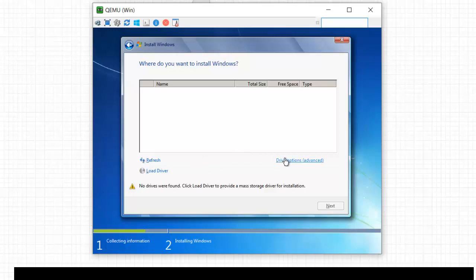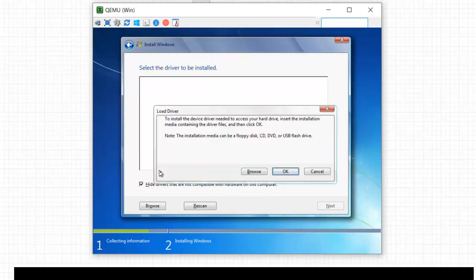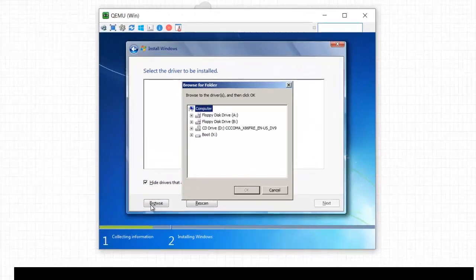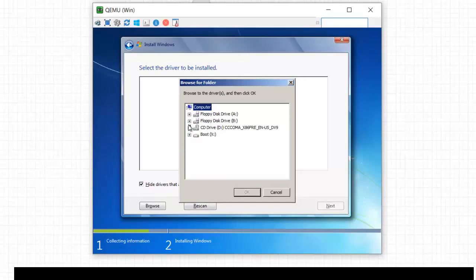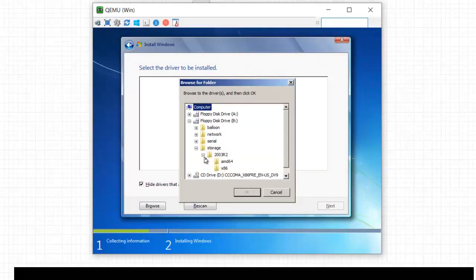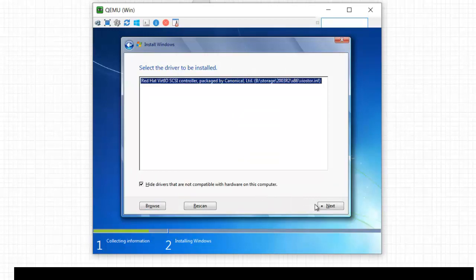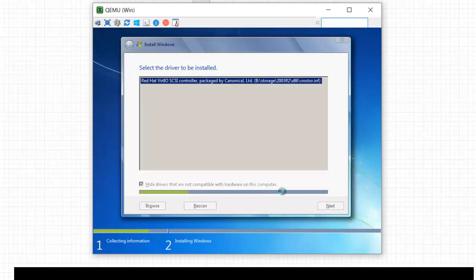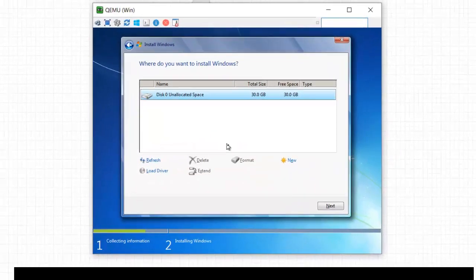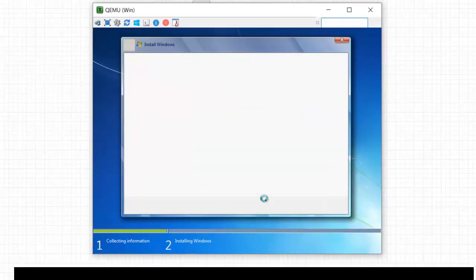So you cannot see any hard drive here, so go to drive option, go to load drivers, click on browse, select floppy disk B, go to storage and then go to x86, click on OK and click next. So once hard drive driver is installed, you will be able to see a 30 gig hard drive. Click on next.